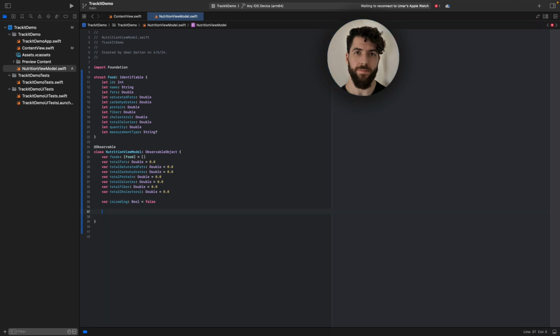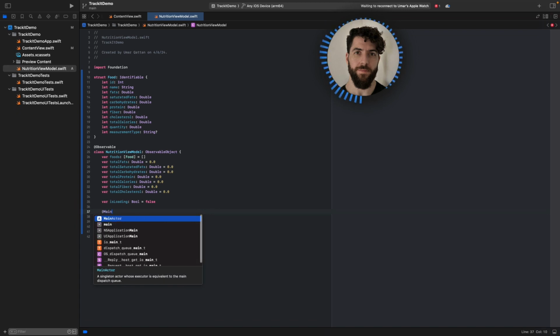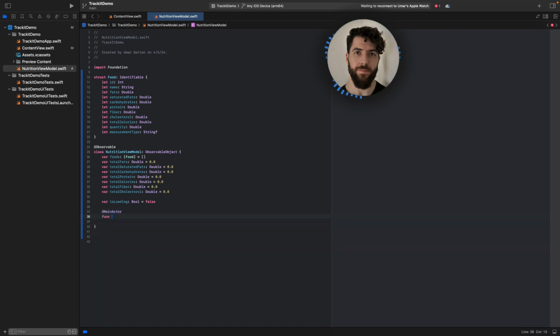So let's do that now. And these functions are going to run on the main actor. So func submit selected, and we're going to pass it the input text from the view. It's going to be async. The first thing we'll do when we select submit is that we will toggle the isLoading state. And then we'll just await